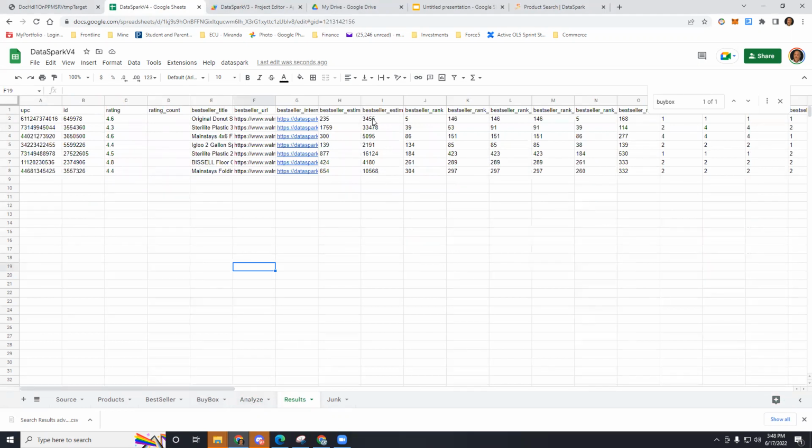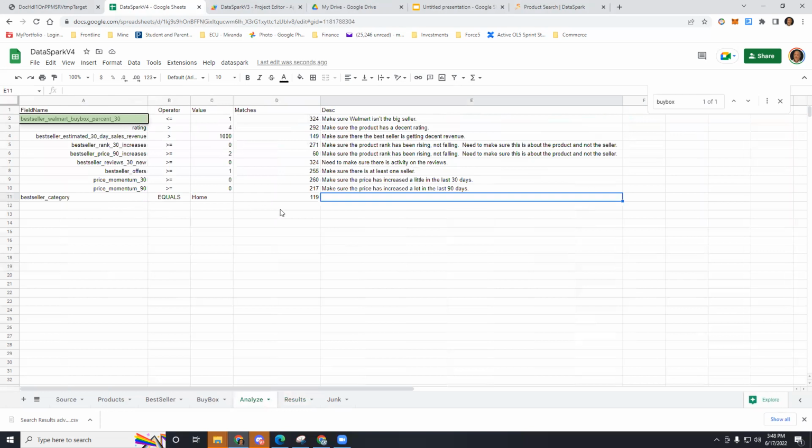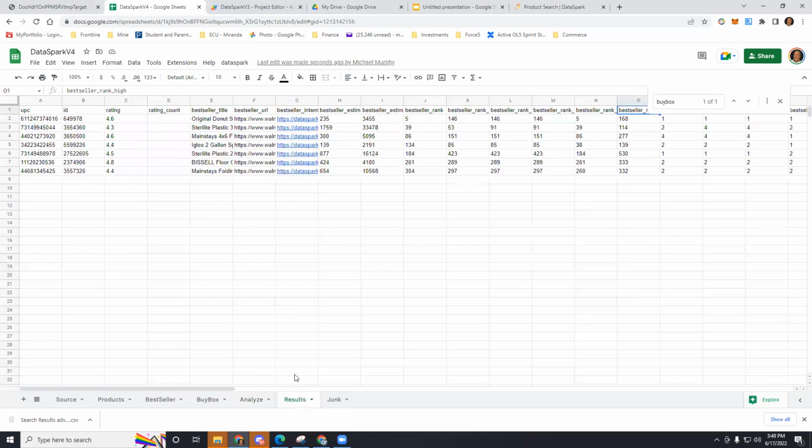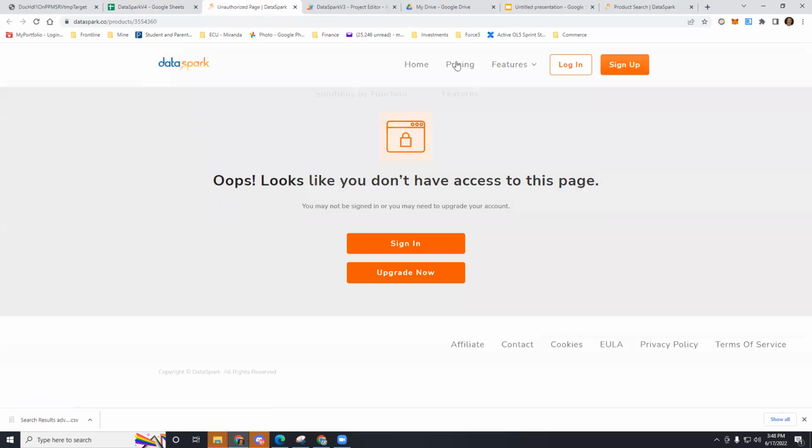Again, the idea would be I should be able to take any column name here, pull it into the analyze, set a value to it. And my idea is I want to start with 1,000 UPCs and whittle it down to 20. And then I can go into Dataspark and look at this particular product and do it the old fashioned way. At least now I don't have to,